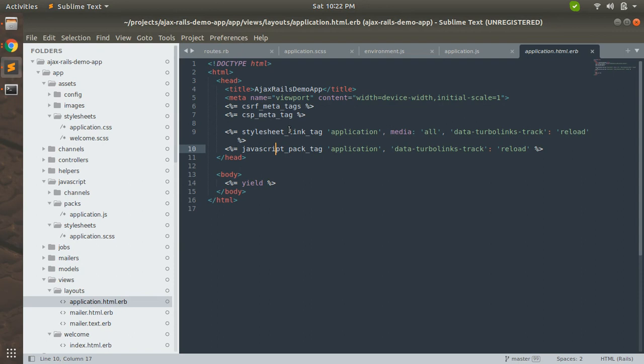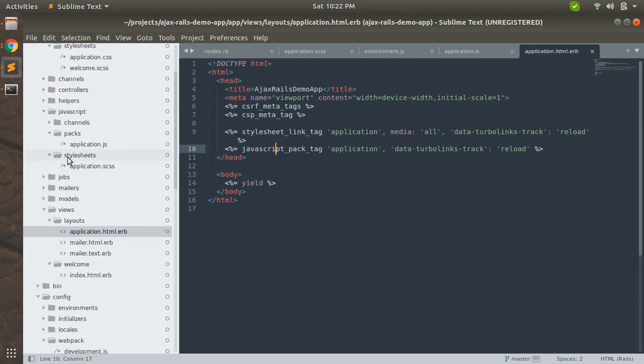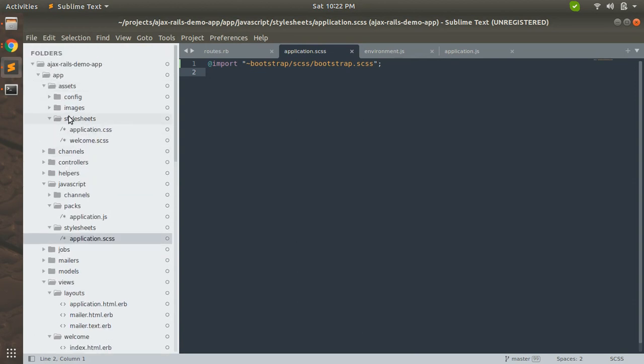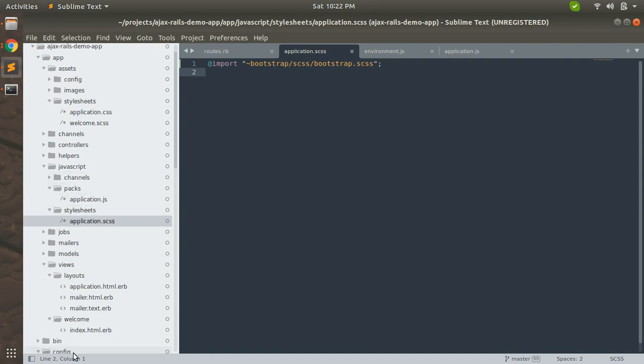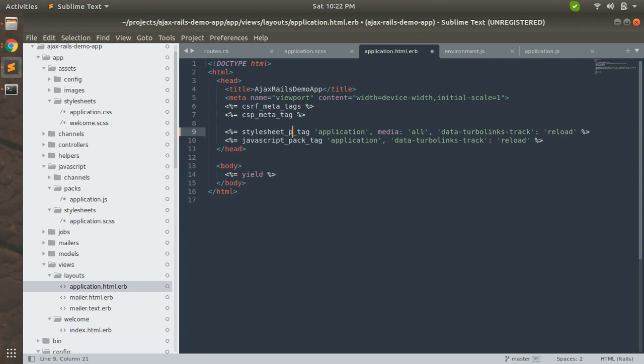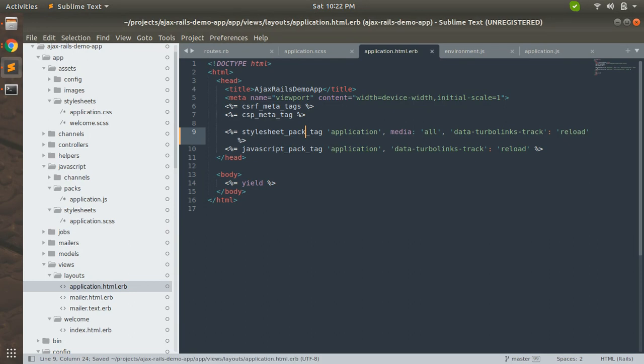When you use stylesheet_pack_tag, the stylesheet application.scss will be applied, and when you use stylesheet_link_tag, application.css will be applied. So let's open your layout file and change stylesheet_link_tag to stylesheet_pack_tag. Now this will work, and we are done with the setup of Bootstrap, jQuery, and Popper.